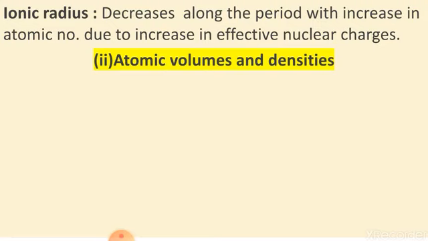So this can also be calculated by the formula of atomic radius. The atomic radius is directly proportional to the number of electrons divided by the atomic number. So look, in the case of iron, the atomic number is the same, but the number of electrons in Fe2+ is 24 and in Fe3+ is 23. So the more the number of electrons, the more the atomic radius. In this way you can also find the ionic radius.